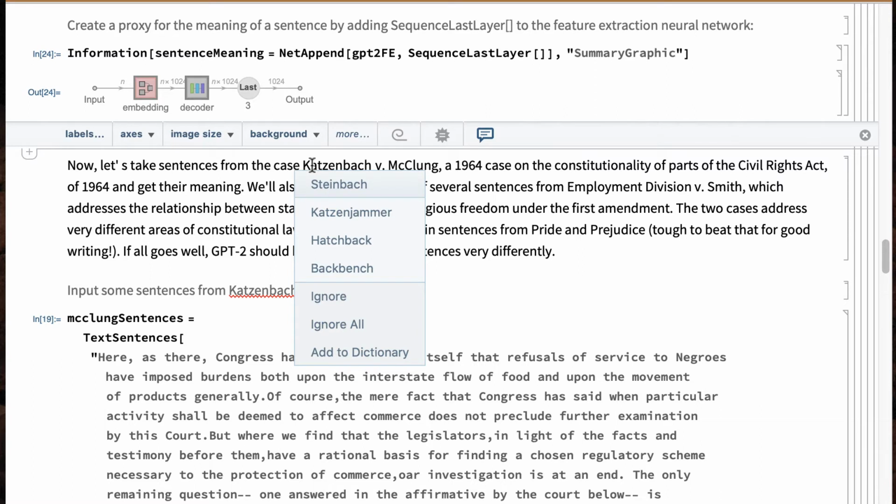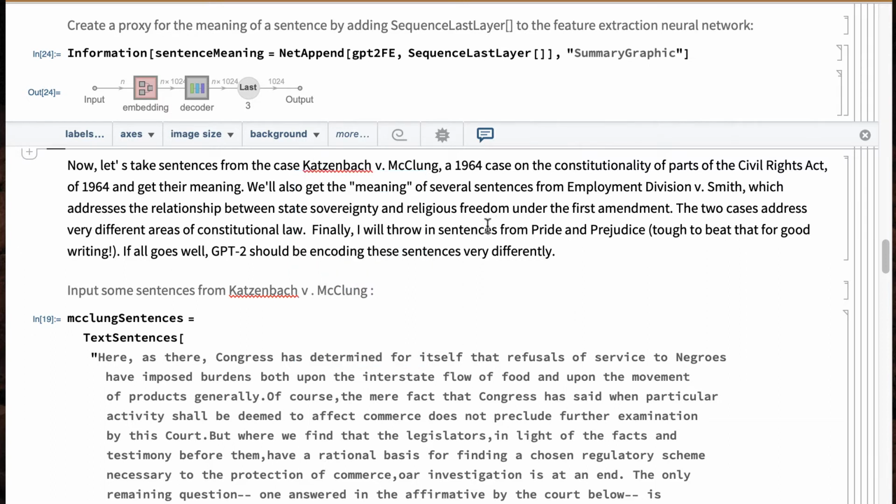You may remember that's the Ollie's barbecue case on whether the 1964 Civil Rights Act was constitutional insofar as it obligated private businesses with only mild connections to interstate commerce to serve people regardless of their race. We'll also take more from Employment Division versus Smith, that case on religious liberty.